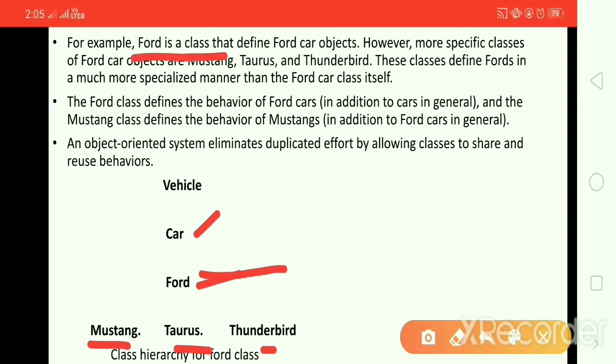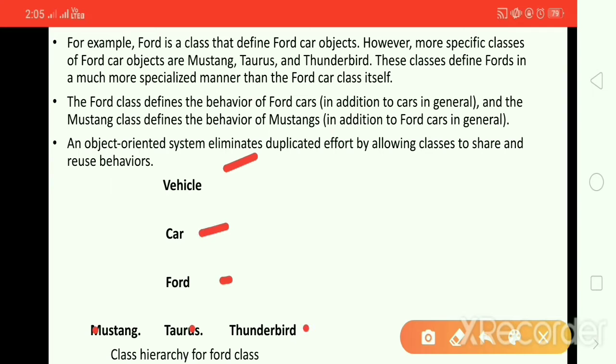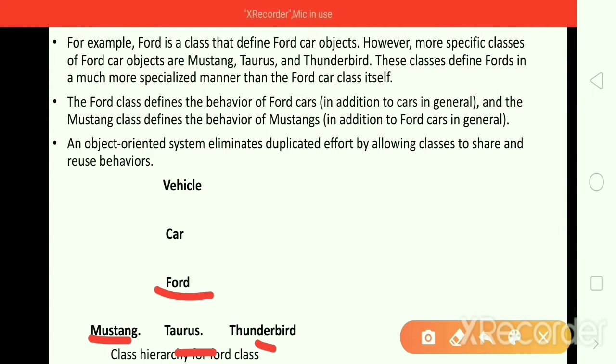Ford is a class that defines Ford car objects. Here we have all these classes themselves. Ford defines the Ford car objects, the features of Ford cars. However, more specific classes of Ford car are Mustang, Taurus, Thunderbird. These classes define Ford in a much more specialized manner than the Ford car class itself.